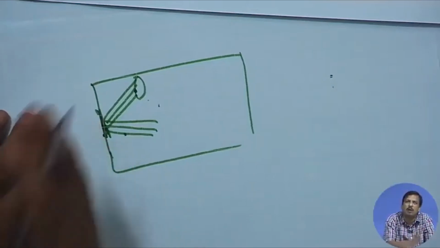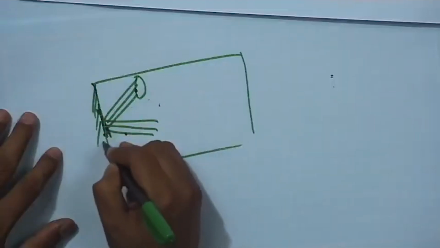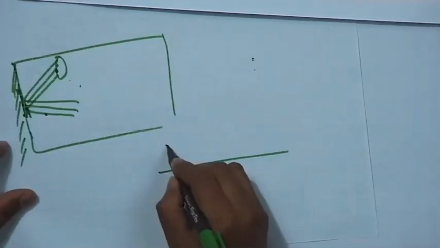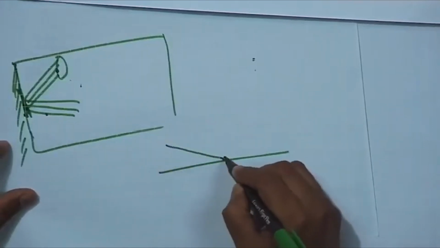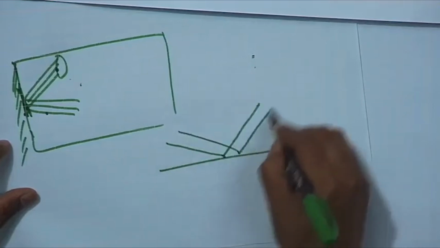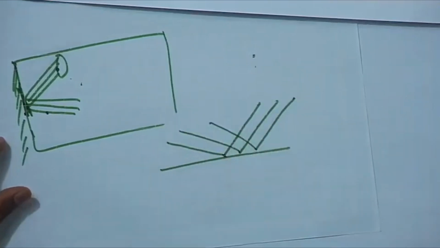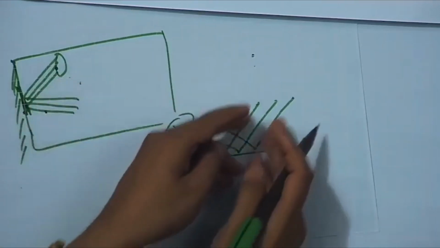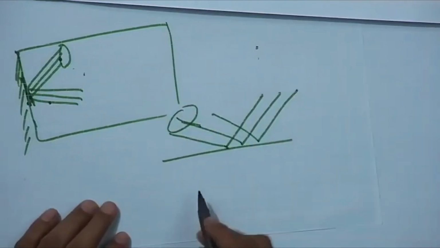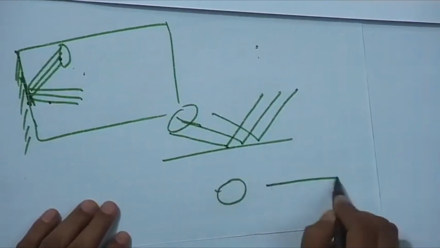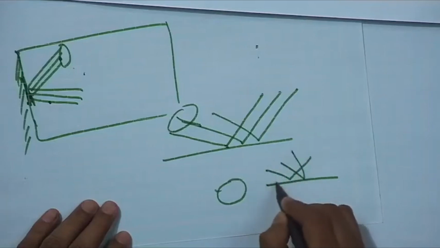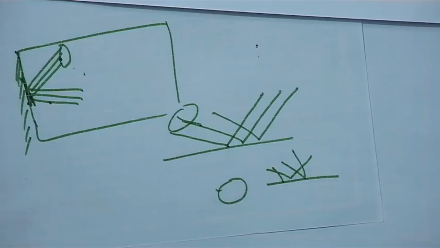So, if I want to avoid the regular reflection, what do I require? I require a diffuser surface. What is a diffuser? What is regular reflection? Regular reflection is when the surface is very smooth, so there will be a regular reflection, with the angle of reflection equal to the angle of incidence, and the sound goes in a single direction. I want an irregular or diffuse reflection, that means irregular random reflection. In that case the reflection will happen in all directions.